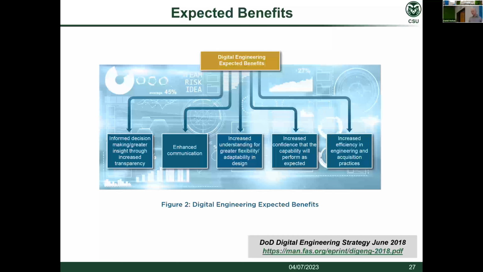One is informed decision making, greater insight through increased transparency. Again, that idea that we have information available to us. Enhanced communication, novel communication mechanisms in terms of the ability to ask questions and get responses without having a human in the loop, or ask more complicated questions that one person might not have the answer to. Give me all of the things in this one area. That's something that would require a lot of effort perhaps in the past, but now I'm able to do that more effectively, as well as communicate to someone, either through the enabling technologies or through the data that's now available that wasn't available, what the system is and how it's performing, etc.